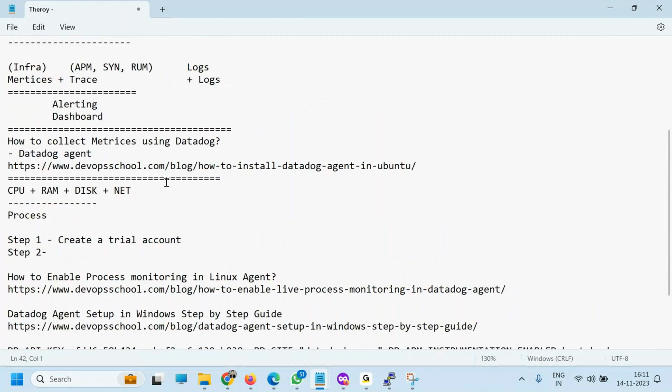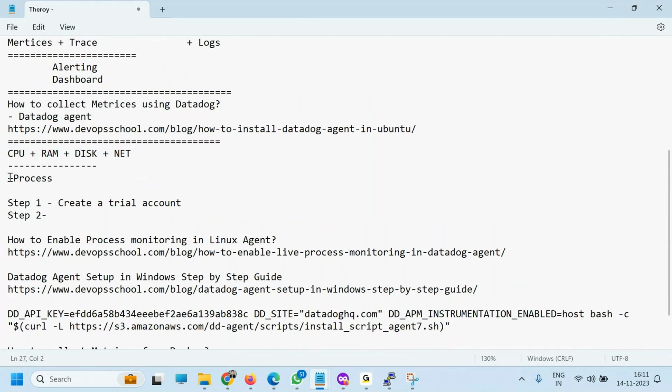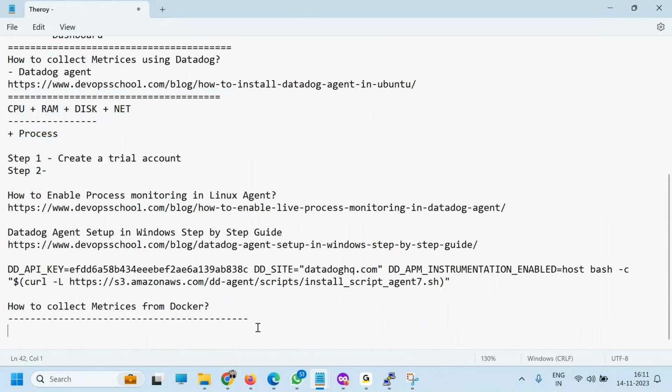For example, here we enabled the process monitoring, which was modifying the datadog.yaml file. But how do we collect the metrics from Docker, or let's say tomorrow Apache, Tomcat, Kubernetes, all these things? This is where integrations are needed. Integration means you have to enable it manually.